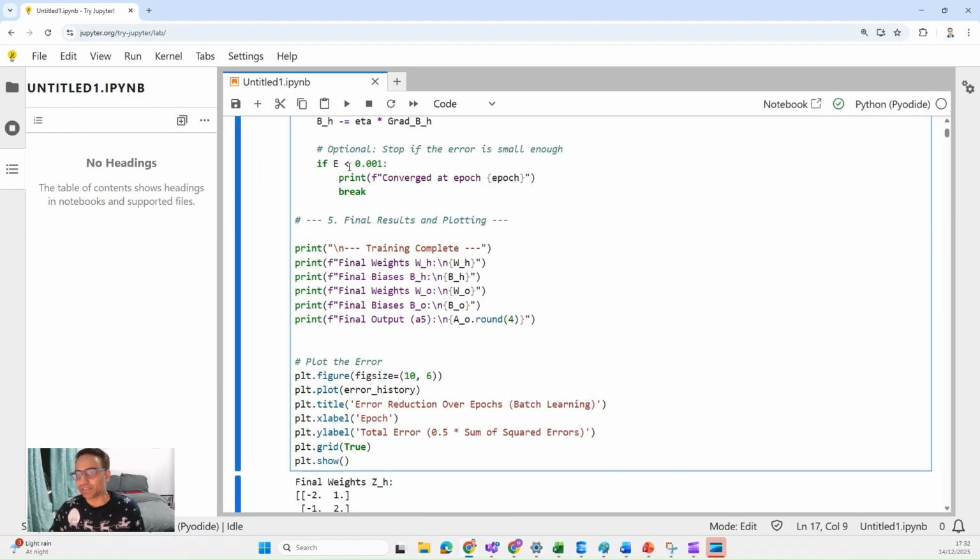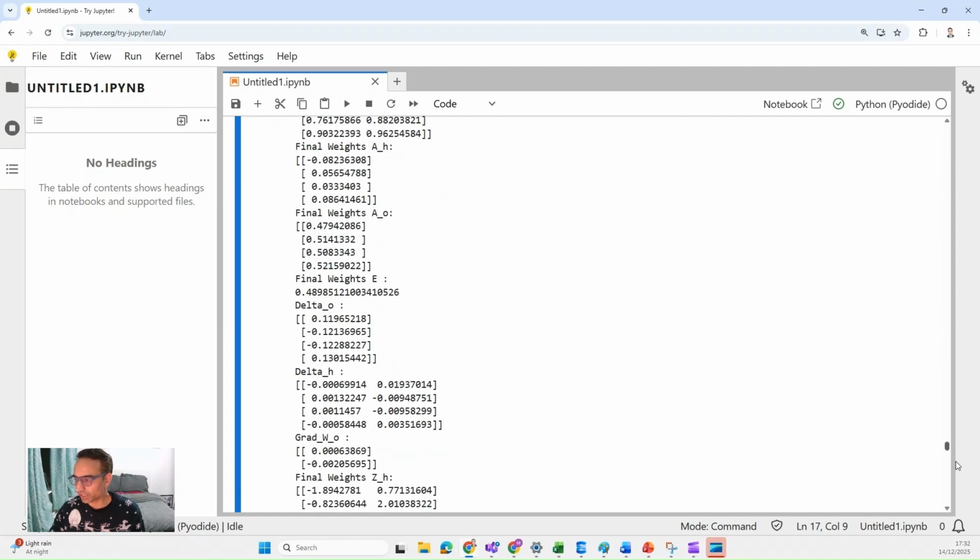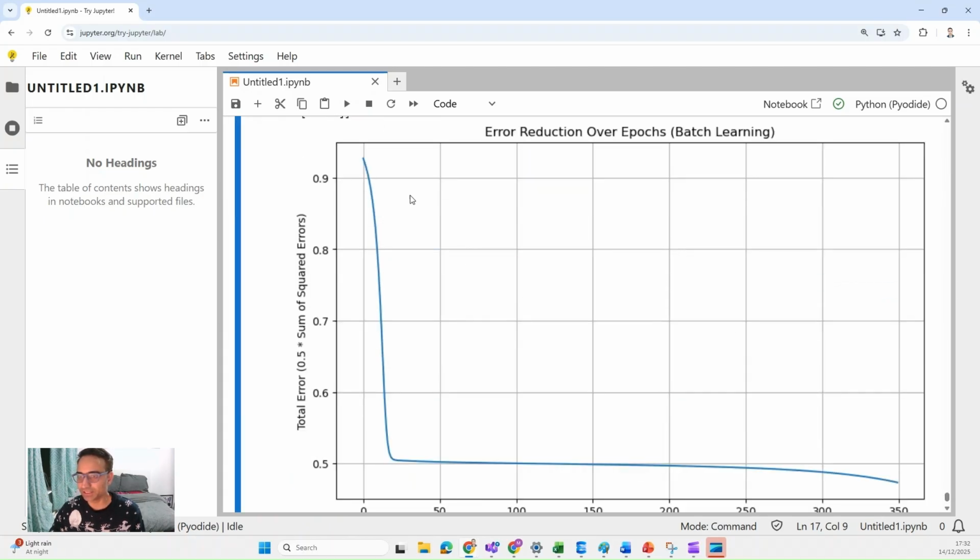I'm printing when the error is less than 0.001. So we have converged at that epoch. Since I have just used 350, but you can try with 10,000 iterations, you will get the result. What I'm trying to show you here is essentially how we started, and how after 350 epochs the error is getting minimized. I have tried to summarize this whole thing. I know it takes comprehensive time to understand it, so